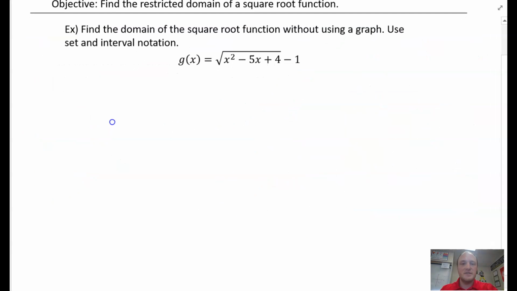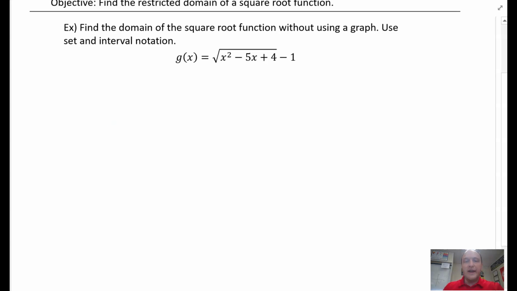All right, very, very last example for this video. Here is a trinomial. And I know this seems complicated, but again, we're going to take our radicand, x squared minus 5x plus 4, and we set it greater than or equal to 0. I want to find the critical numbers for where it does equal 0. So we just set it equal to 0, and I'll factor this. This is x minus 4,